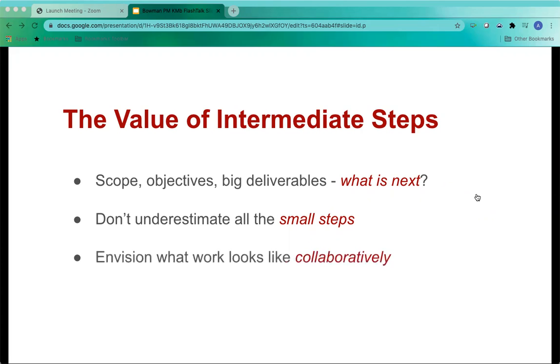And then once you have this sketched out, take a step back and think about what this looks like collaboratively, because you likely only carry part of the picture. What is the unique lens that you're carrying, but what is that of others on your team? And this is going to vary based on your role in the project, but really also based on your personality and your work style. Are you the person who sees that big picture really clearly? Or are you the person who tends to be kind of in the weeds, but you can really braid those weeds into something beautiful? We're all bringing different strengths to the table.